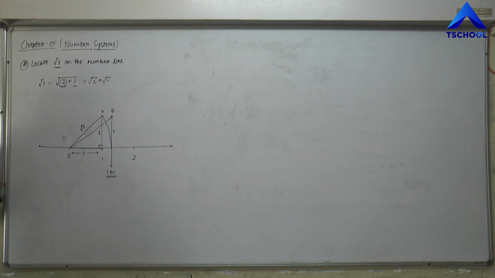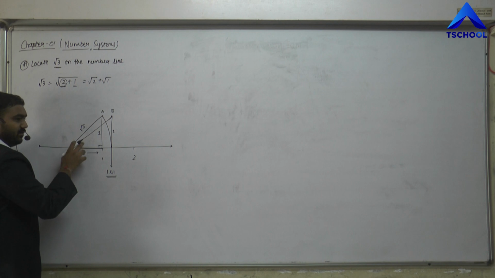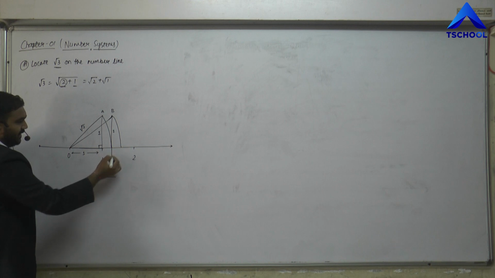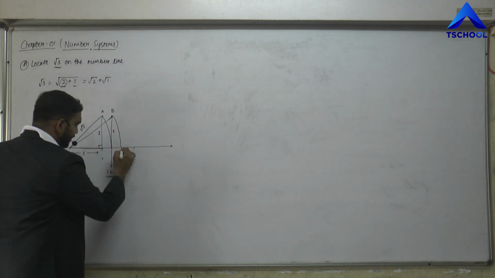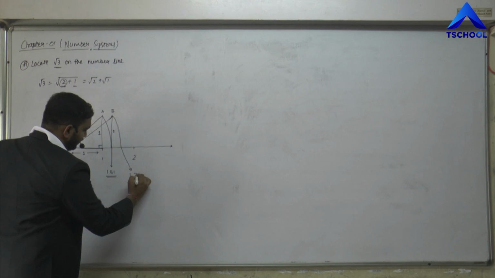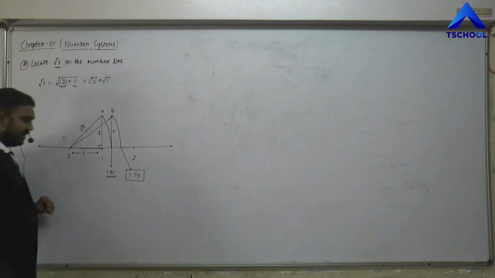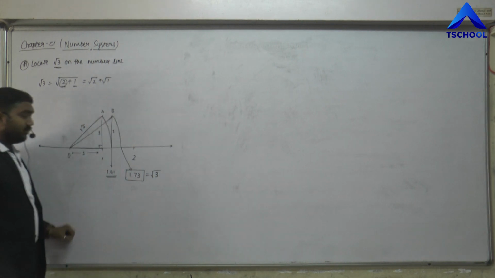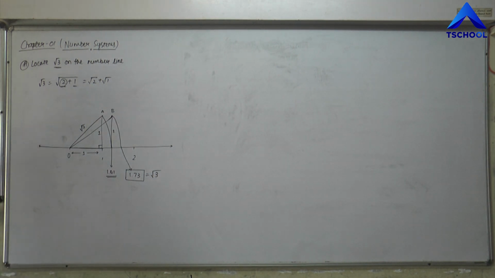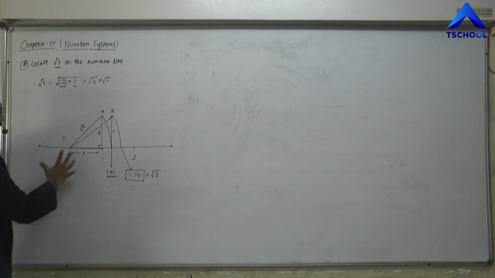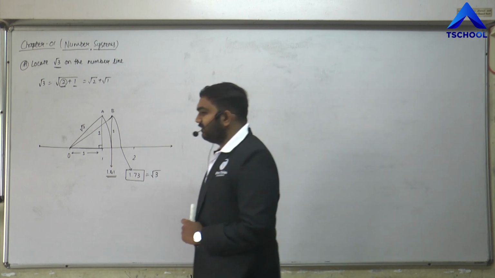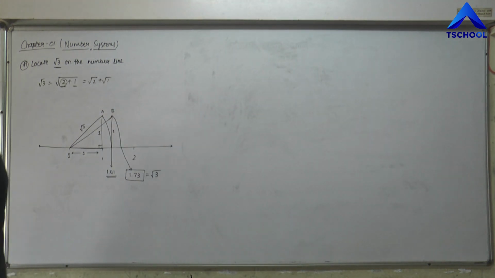Again, with the help of the rounder, placing the tip at O and radius OB, I shall draw another arc on this, which gives me a point of approximately 1.73, which is exactly equal to root 3, right? So friends, if I can draw this root 2 first, then I can draw any of the numbers, right? That means I can locate any of the numbers. So the first and foremost thing to understand is to locate root 2 on the number line.